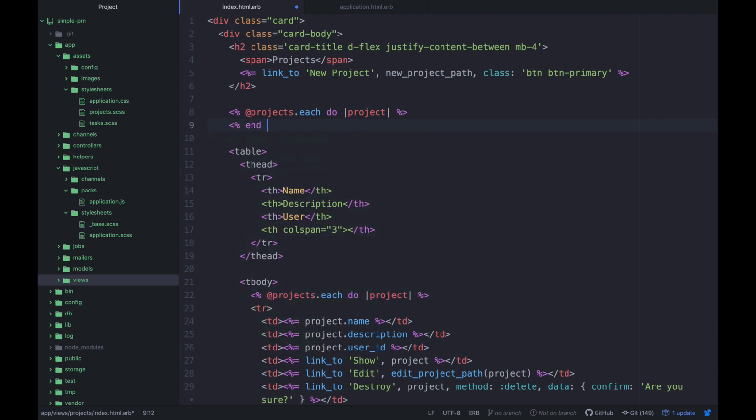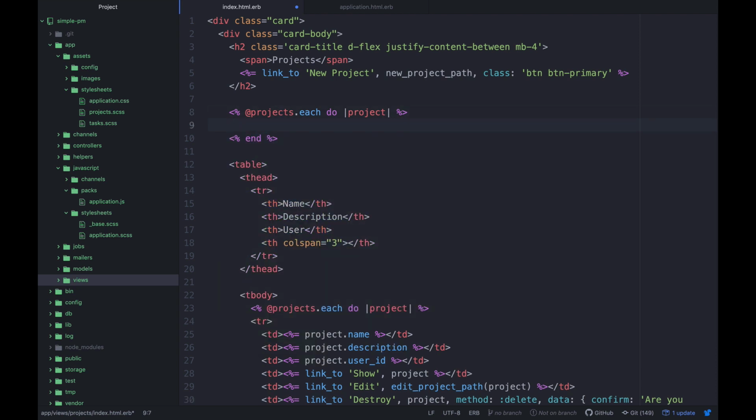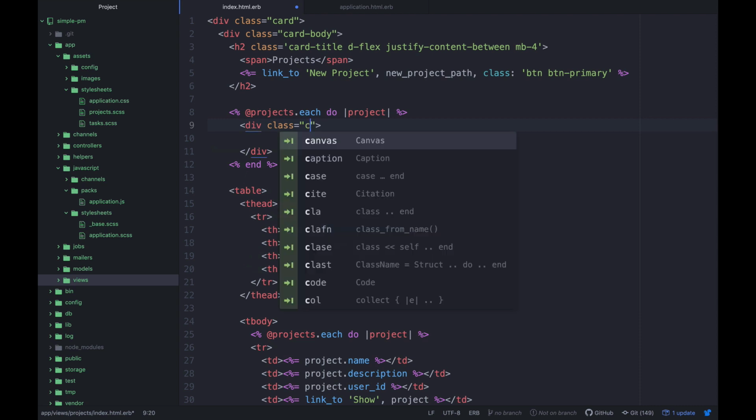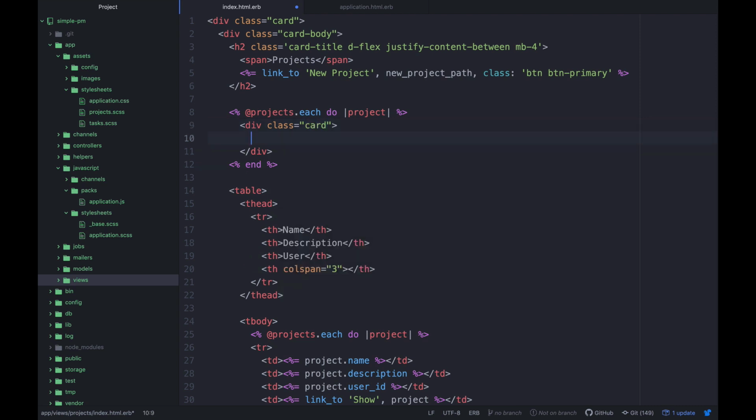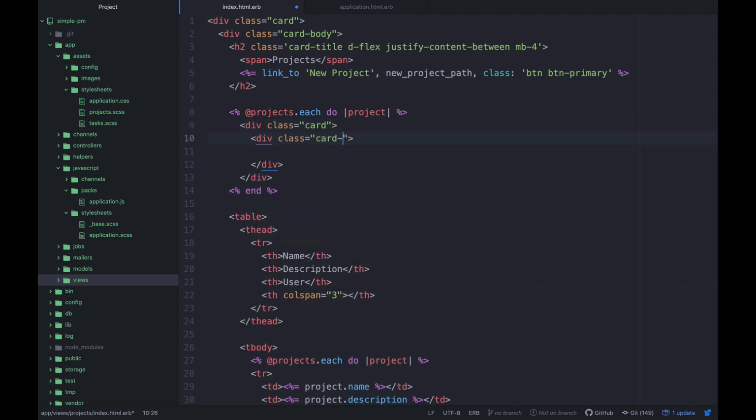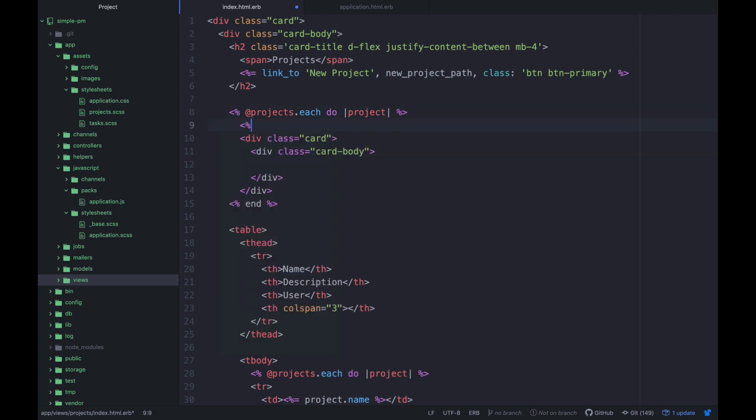And let's see what that can look like. So for each one of these, we're going to say div card, and then another card body. And actually what I want to do is link to the whole card. So we'll say link to